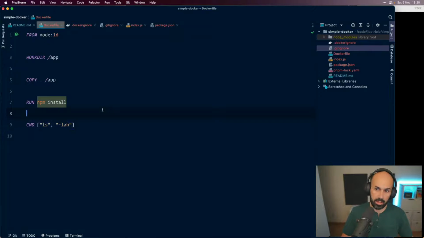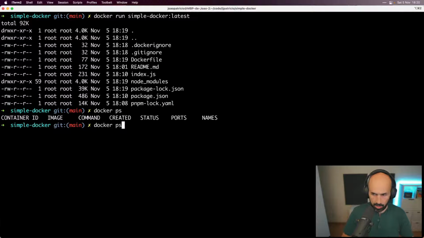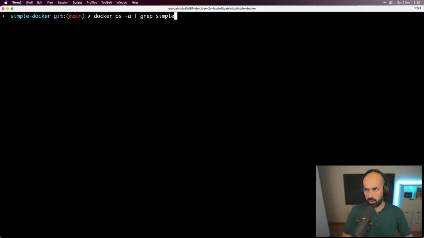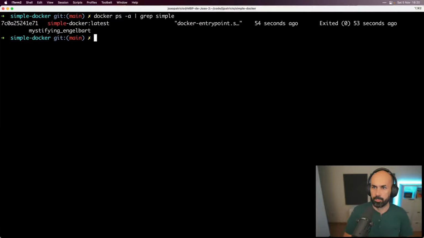But I will show you something. Let's do -a, see everything, and let's grep for simple so that we don't get much output. And as we see, we have one container that ran our code 50 seconds ago, and it's just not running anymore, but it still exists.